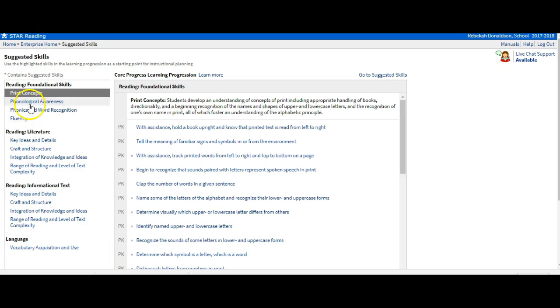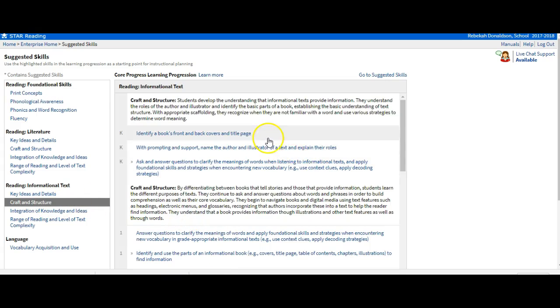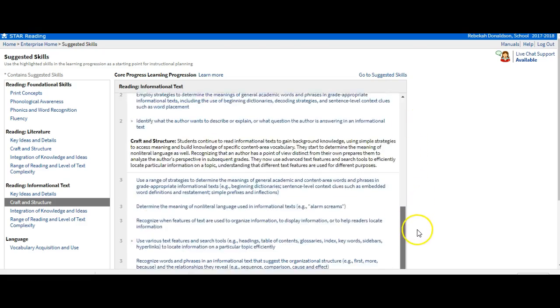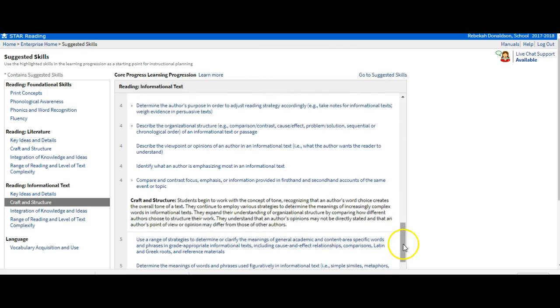In each one they have these sub lists, and in these sub lists you can find the grade that the concept was that they were lacking. For example, craft and structure starts in kindergarten, and most of our students wouldn't need those skills, but then you just keep scrolling down, and so many of them do need upper elementary